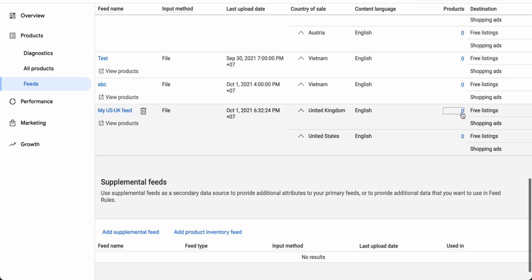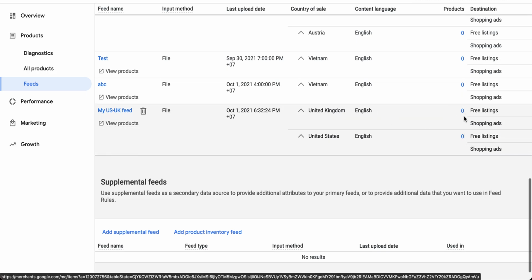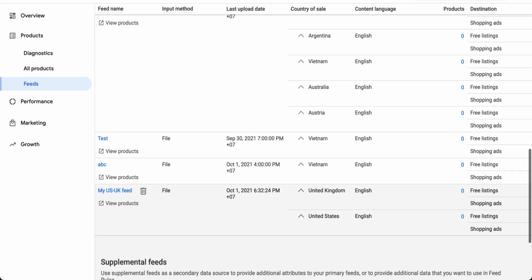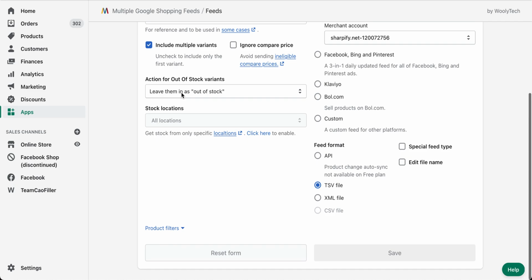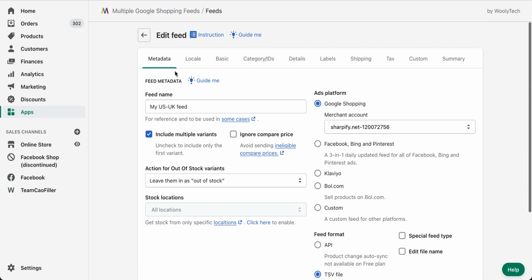It's gonna take a while before my two products show up in here, but basically you have an idea of how the app will work and how it pushes product feeds into your Google Merchant Center. So that's it for now. I will give more detailed instructions for different areas of the product in other videos.